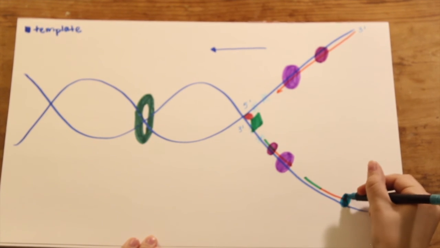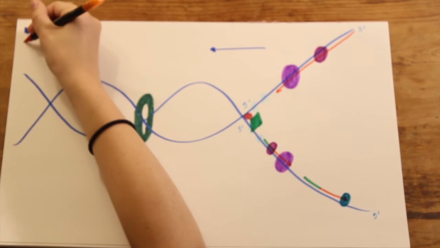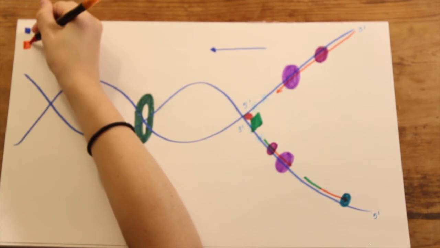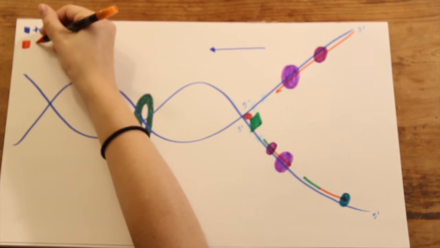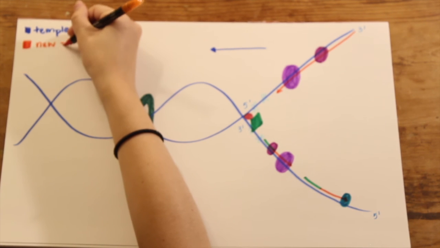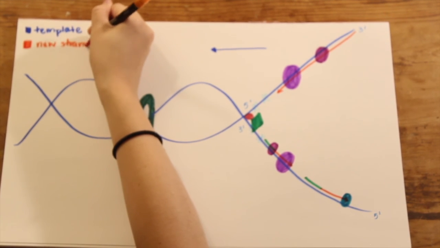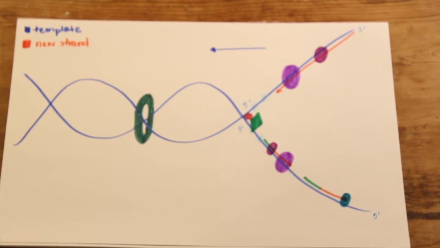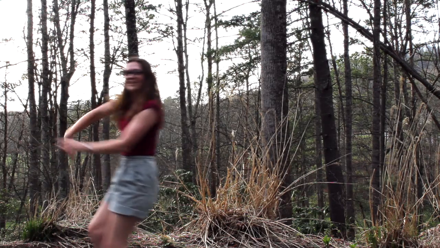So after every RNA primer has been replaced, a break exists in the new strand because the first and last nucleotides of the sugar phosphate backbone aren't bound together yet. The enzyme ligase solves this by forming a phosphodiester bond between the nucleotides and sealing the gap. So that's our diagram for the prokaryotic replication fork.